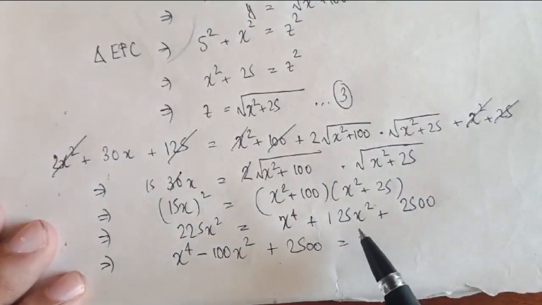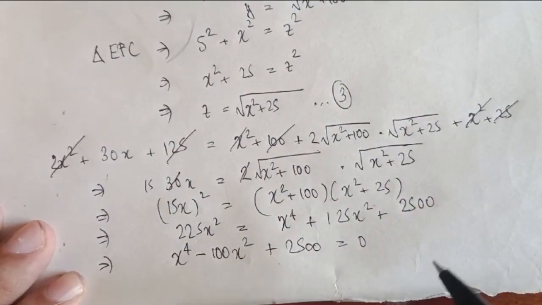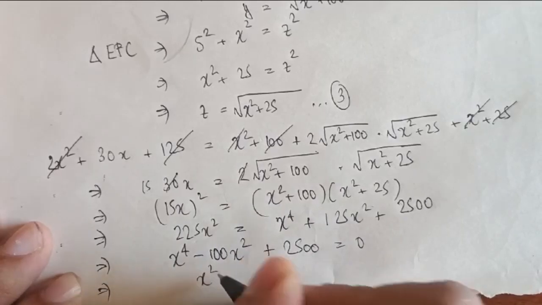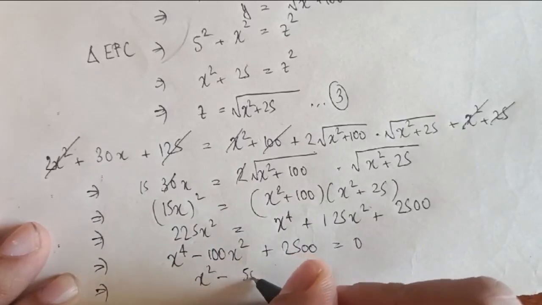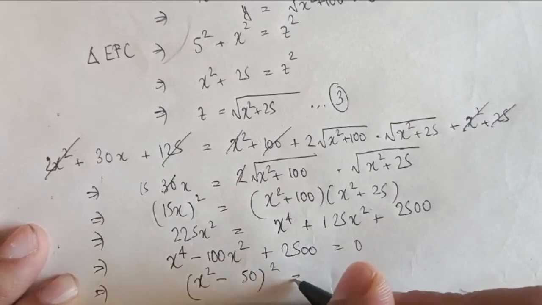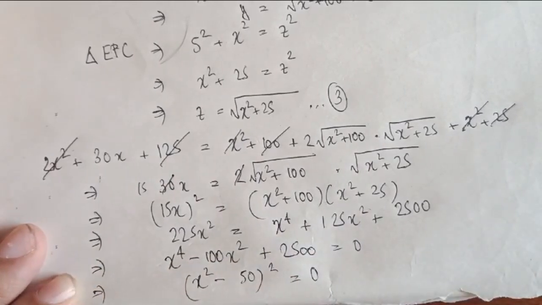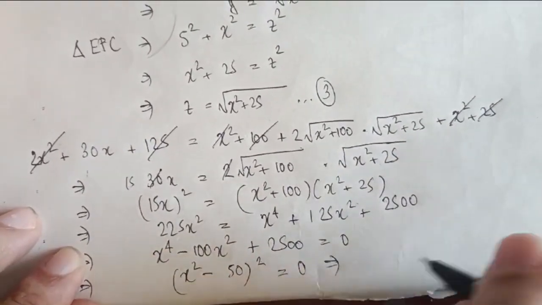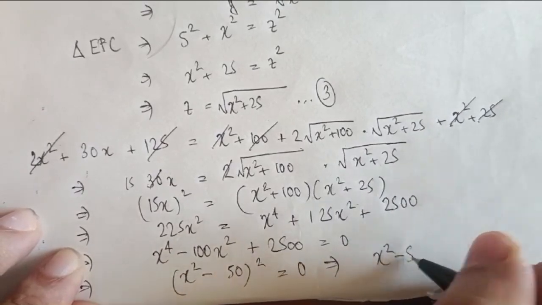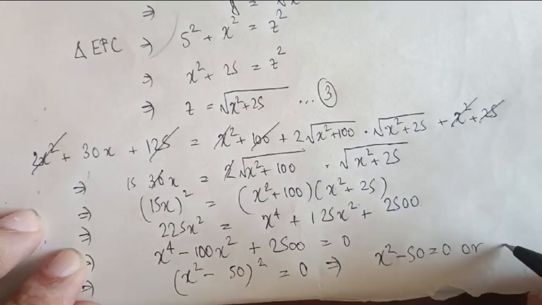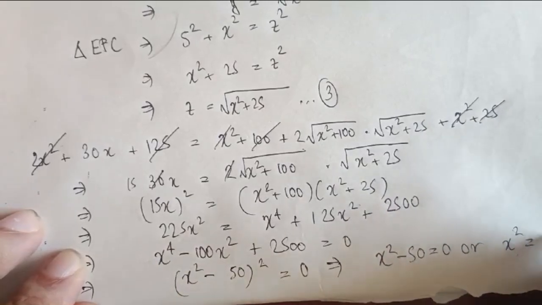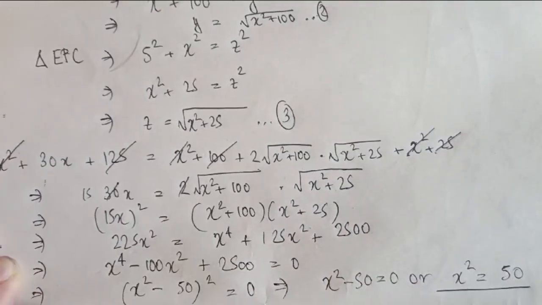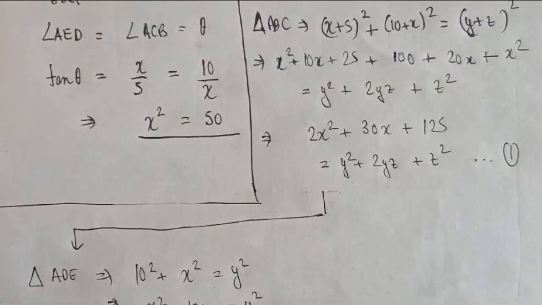Is this clear? 125x squared minus 225x squared, that is minus 100x squared. Now this is simply nothing but x squared minus 50 whole squared is equal to 0. If you just have this simplified, this will give us x squared minus 50 equals 0, or x squared is equal to 50. So we get the exact same result following this long method as